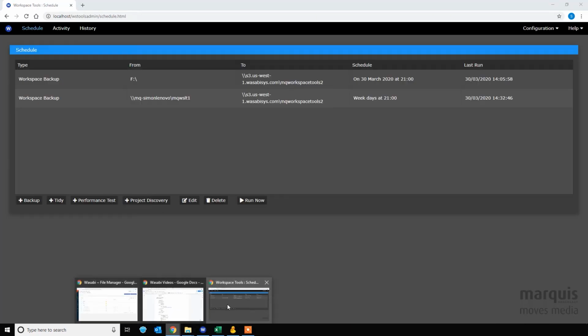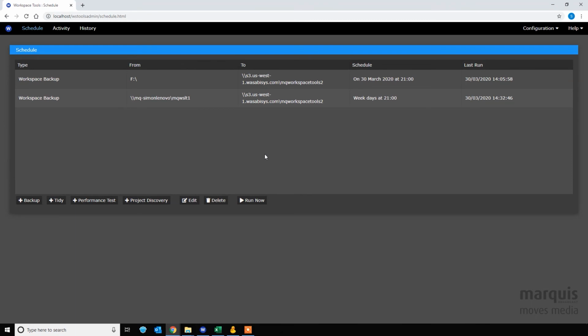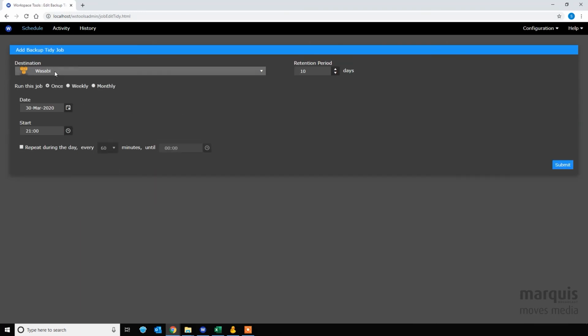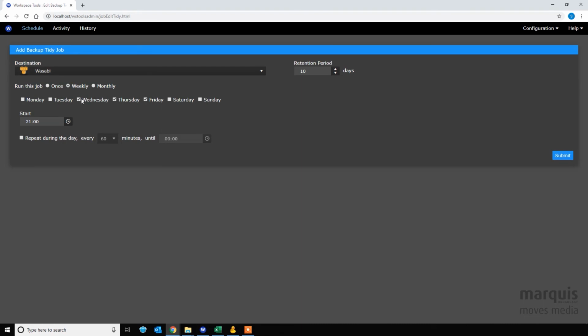The other option we have in terms of managing that backup is to run a periodic tidy job. Now the tidy job is just set against the chosen destination, and we set the period that we want to do it, let's say potentially once a week. In this case we'll set it to go on a Sunday. And this is where we set the retention period. And this is the number of days that we will keep content in the backup after we have seen that it has been deleted from the source device. In this case, once content has been deleted for more than 10 days, it will get deleted from the backup. And that applies to all of the files and all the media files, and even any projects data